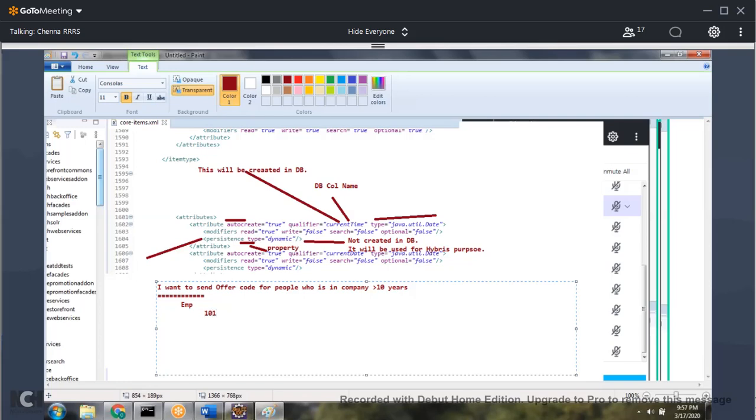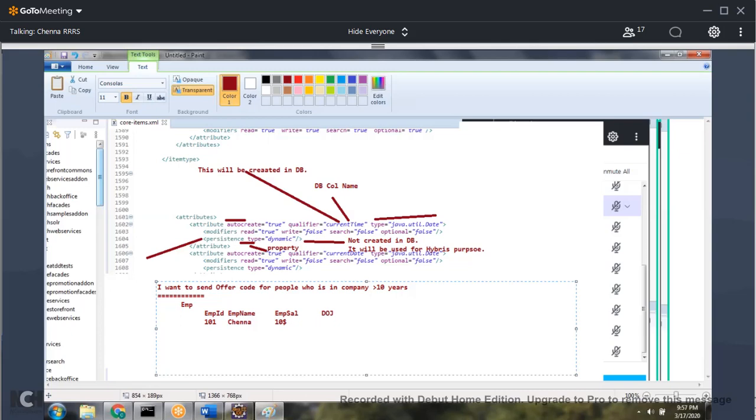In the employee table you have the records: 101, Channa, $10 is the salary, and DOJ, date of join. So this is employee ID, employee name, employee salary, and DOJ.